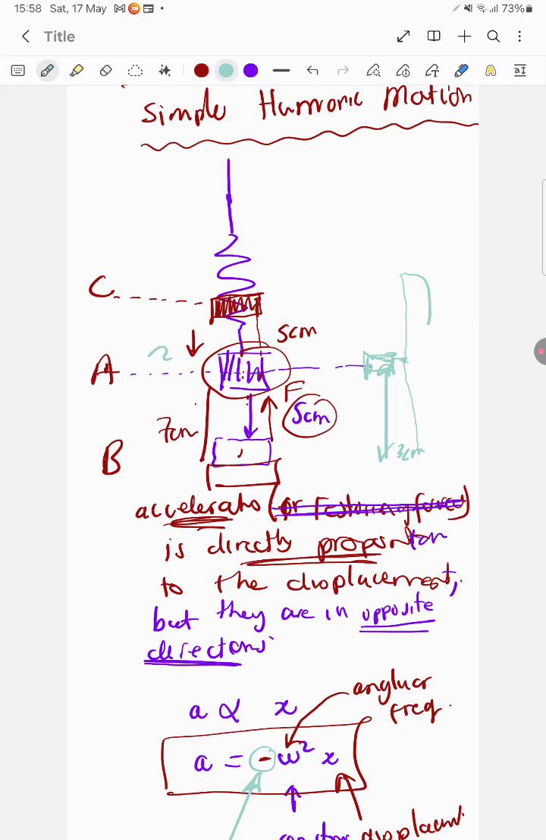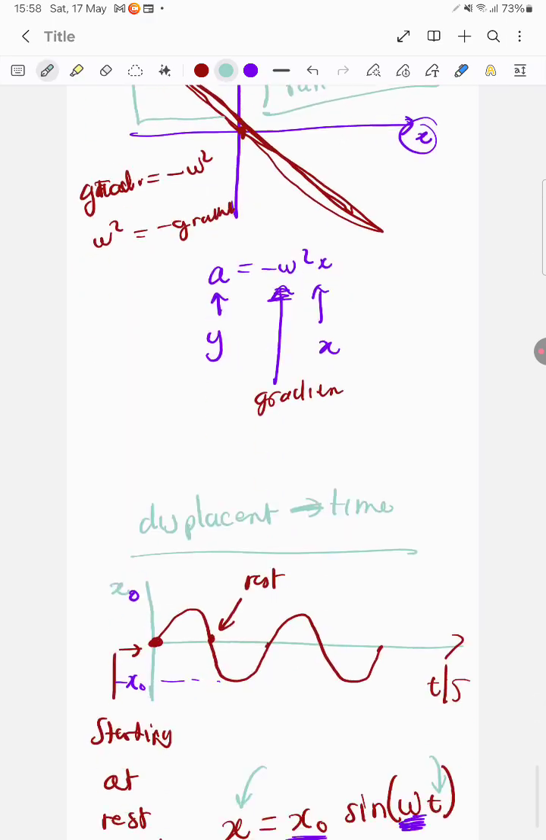That's the fastest speed, isn't it, when it's in the rest position, in the middle of the motion? Yes. Right. So speed is fastest at the rest position. And the formula for the maximum speed, V max, is equal to